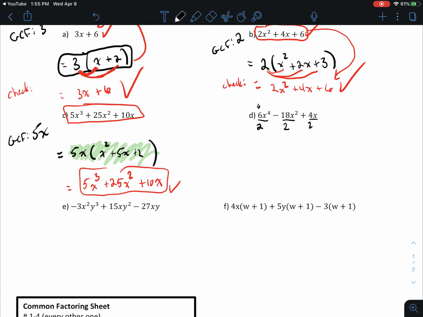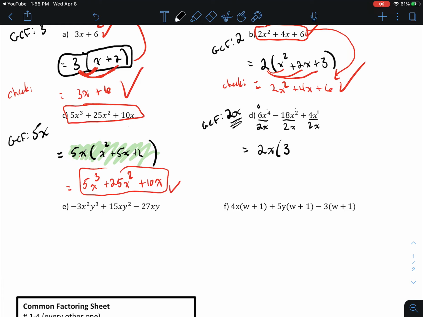So first part of my GCF is going to be 2, right? And then I see x to the 4, x squared, and I see x to the 1. So I can actually divide everything by x, 2x. Okay. So here's my factoring answer. I'm going to write my GCF out front. 2x multiplied by